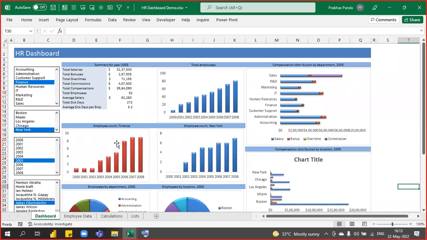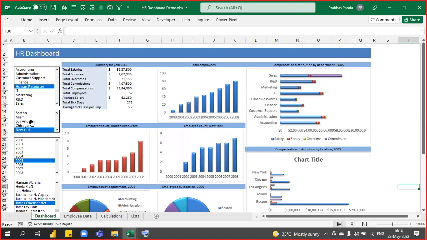And how it operates, I'll tell you. Suppose at any point of time, I want to see the status of the headcount trend in the human resource department in the last 9 years. So this chart is going to change when I go and check human resource over here. Can you see? With immediate effect, the headcount status, the trend, is showing over here. Now, if I want to know in the human resource department, suppose the city is Los Angeles, what is the headcount? So if I go for human resource and city is Los Angeles, then this chart is automatically going to